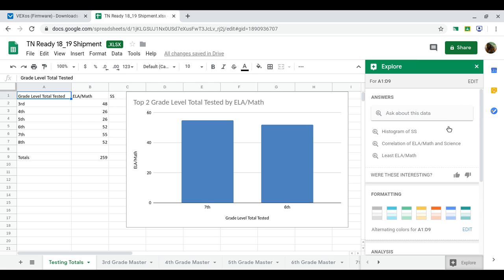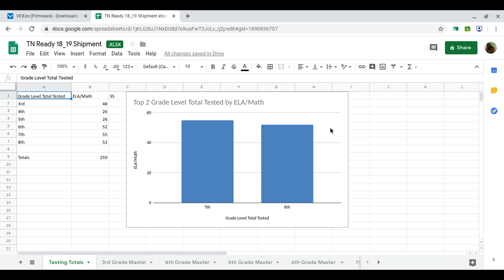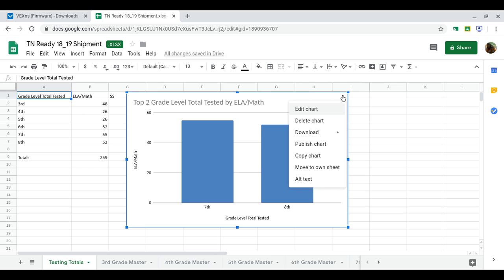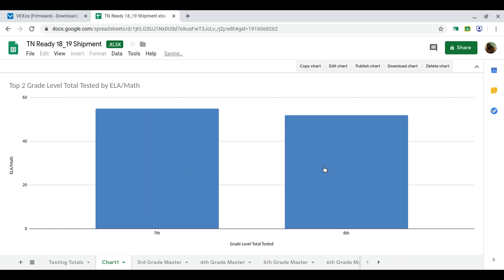But what I really want to do is I want to copy this chart to a new page. So here's what I'm going to do. I'm going to hit my little bubble gums again, and I'm going to move it to its own sheet. And then what that does at the top, that gives us all these different options where if I copy it, I can put it in a Word document, or I can put it in a slide presentation. And when I do that, if I hit copy chart,